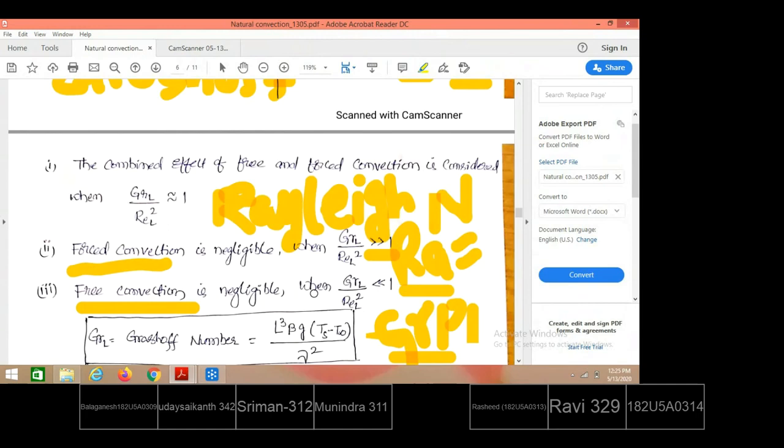So to understand the impact of natural convection, the ratio to be considered is between the Grashof number and the Reynolds number squared. If Gr by Re squared equals 1, equal effects are felt from free convection and forced convection. If Gr by Re squared is much greater than 1, Gr is dominating. That means natural convection is dominating and the effect of forced convection is negligible. If Gr by Re squared is much less than 1, the Grashof number effect is negligible. That means the natural convection effect is negligible and forced convection is dominating in that situation. This is how we will estimate.